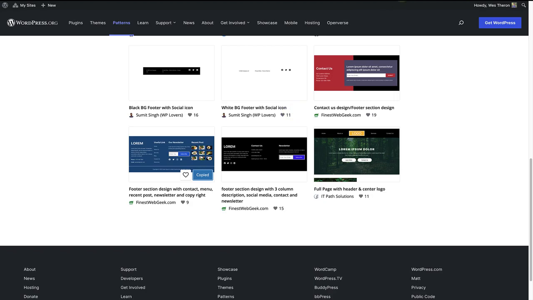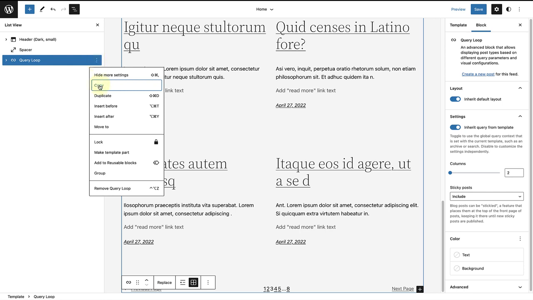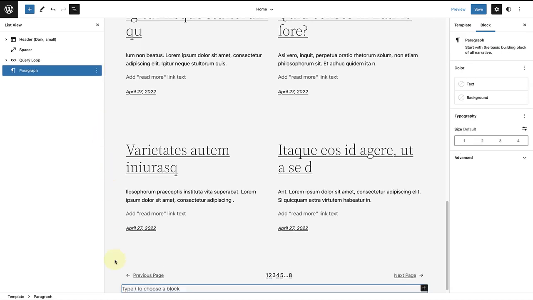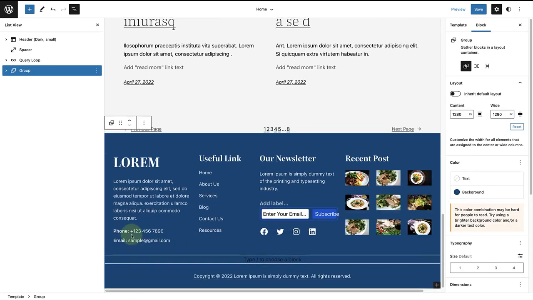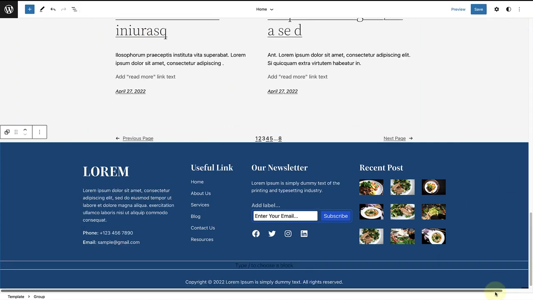make your way back to your website, click on the three vertical dots, insert after, and then paste it into your template. And now you can change this pattern as you please. But I would actually like to modify a different pattern. So I'm going to click on undo,